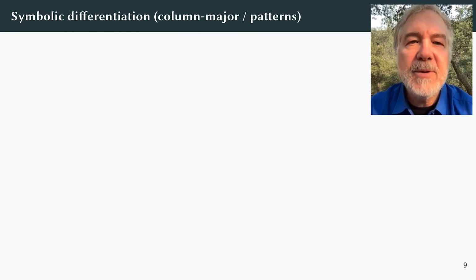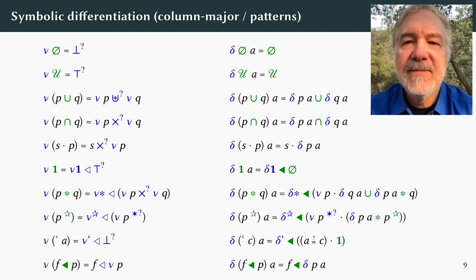Given our inductive representation, we need only define nu and delta. The definitions shown on this slide are systematically derived from the language lemmas shown earlier in the talk, using the compositional deciders. The definitions are to be read in column major order, that is, each column is one definition, given by pattern matching.